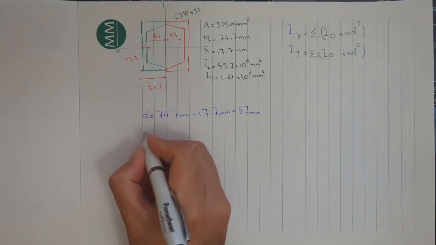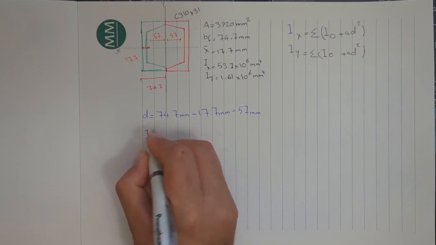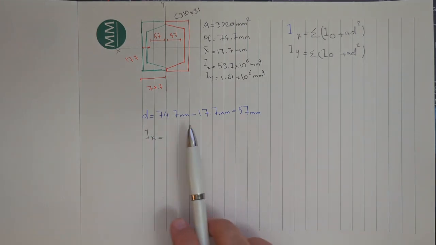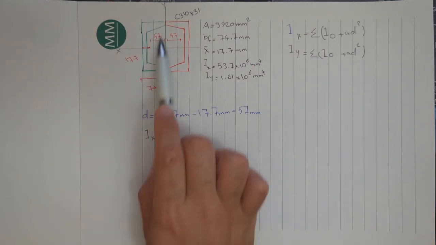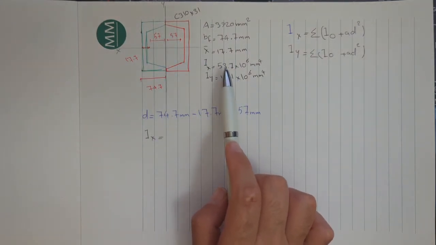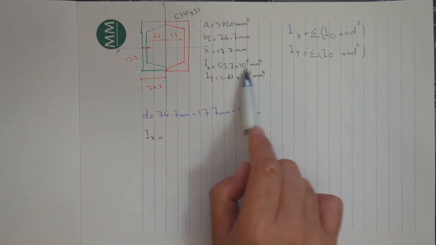So for Ix, what is the I for this shape? We already have it in appendix C. So the Ix is